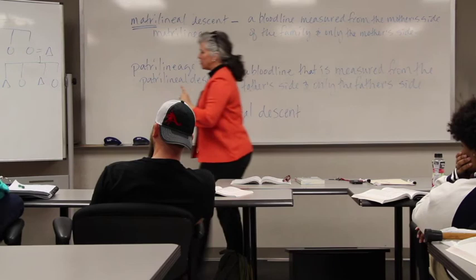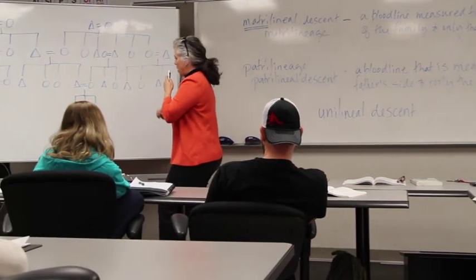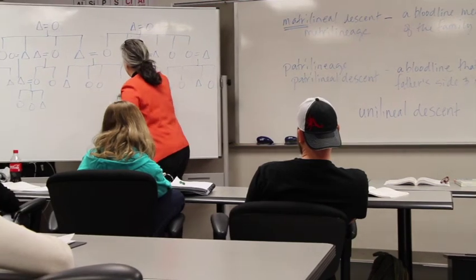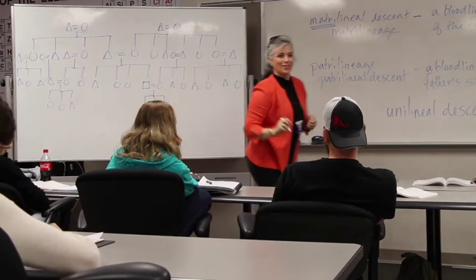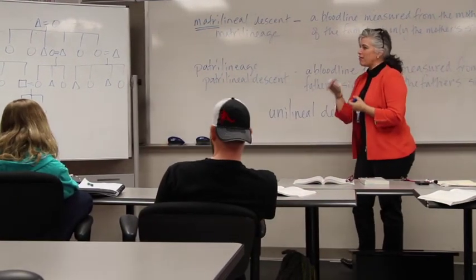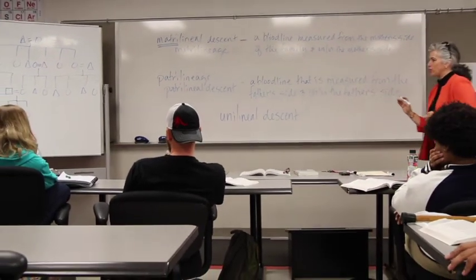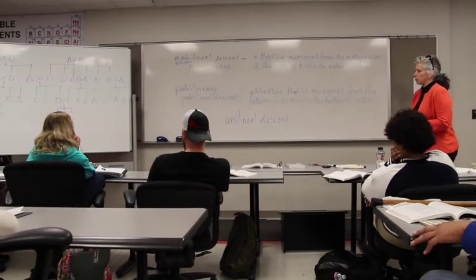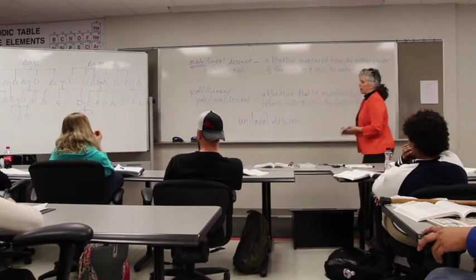Okay, so let me see. I didn't draw my ego, so let me see. Which one do I want to be ego? I want him to be ego. So let me replace him. So I'm gonna have you erase something else. So okay, you got it. Okay. So there's our ego. So he's the focus of this kinship diagram. Let me just look at it for a second and make sure I have all the relationships in there that I need to have in there. Just one second. Okay, so I think. Wait a minute.